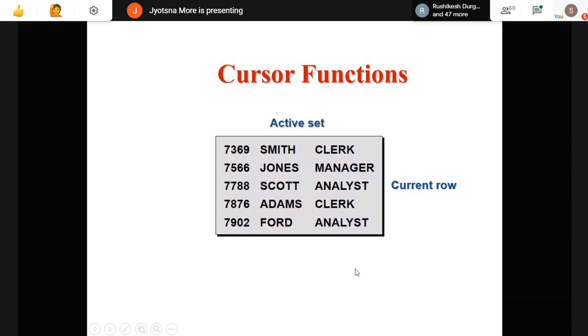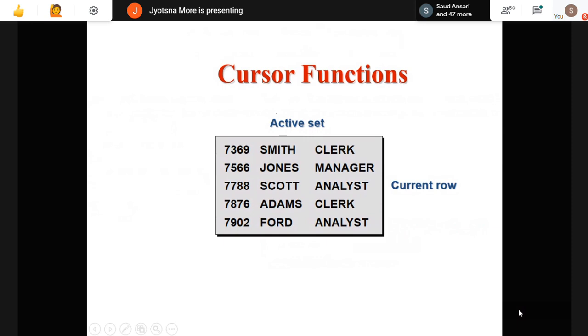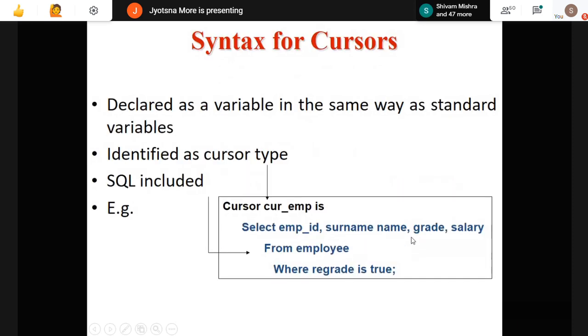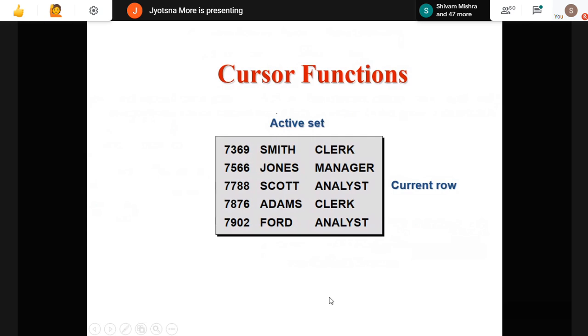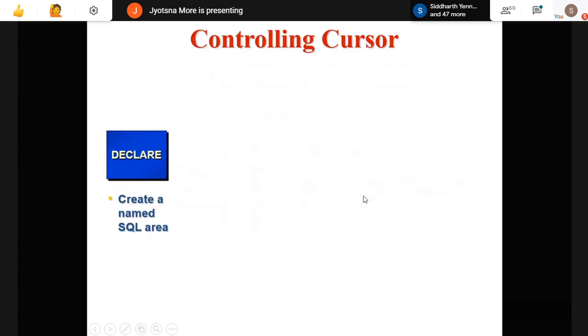Just have a look at this. We are having here 5 records. Suppose select employee ID, whatever I am getting is this result. Employee ID, surname, grade, salary, all are not added. I have just taken a few from that. The main thing is the row, which is important here. So when I am saying my cursor is at this point, this is my current row for my cursor. Okay. So the cursor will go ahead with this.